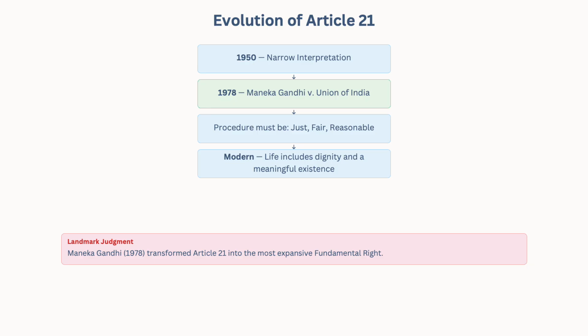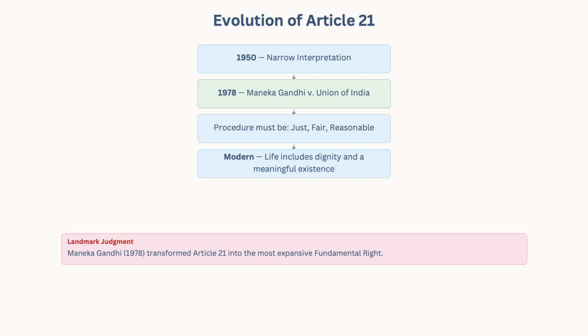So Maneka Gandhi went to the Supreme Court to enforce a fundamental right, to enforce Article 21, saying that it's part of her freedom of life and personal liberty to go abroad. So the court issued the final judgment in the Maneka Gandhi versus Union of India case, in which the court agreed with Maneka Gandhi, saying that even the right to go abroad is also part of Article 21.